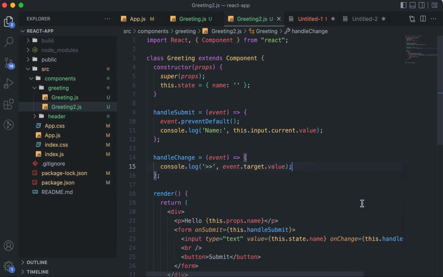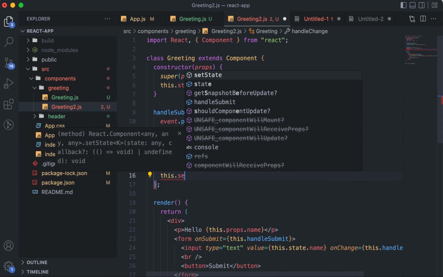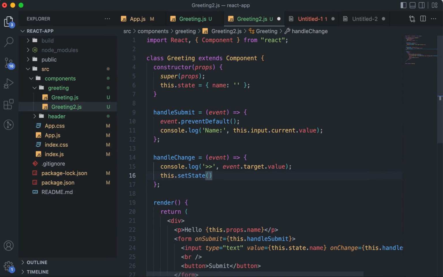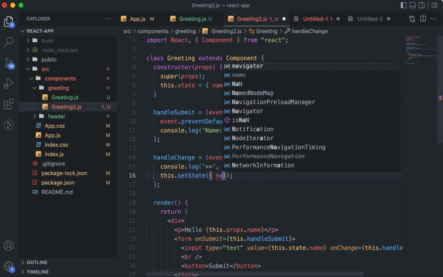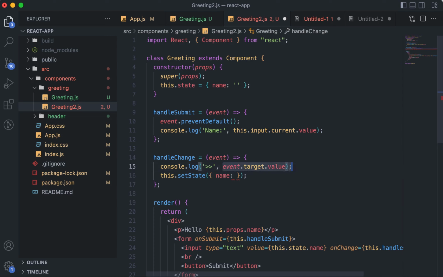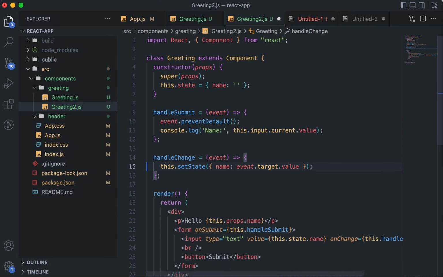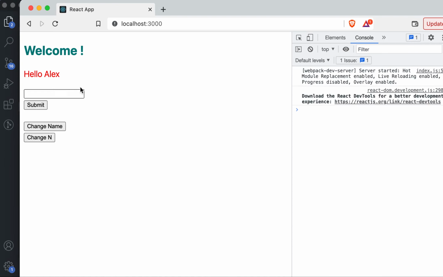So what we have to do is something like this: this.setState, and inside that setState we have to set our name to a new value, which is actually this value. So this is what is going to happen. Whenever you are changing something, whatever is the new value, change it to the new value, and that value should now be the final value of the input element. Okay, so you can see that right now whatever I type